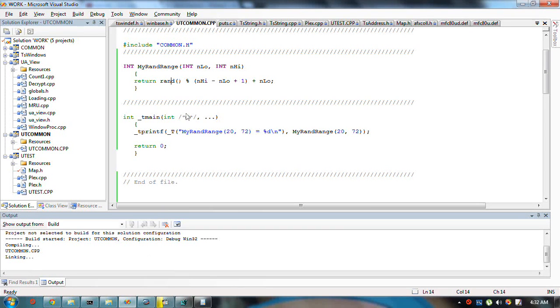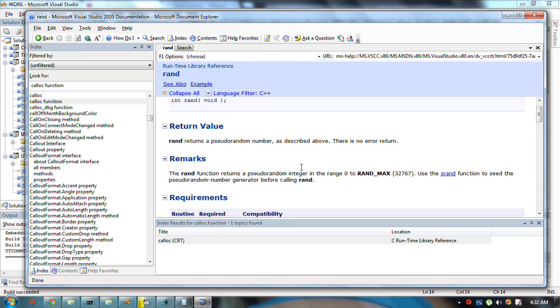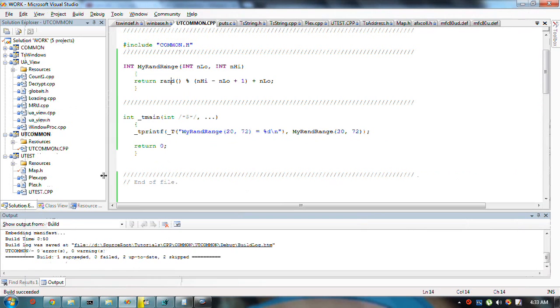It returns a pseudo-random number between 0 and what's called RAND_MAX, 32767, right? You have to call srand,